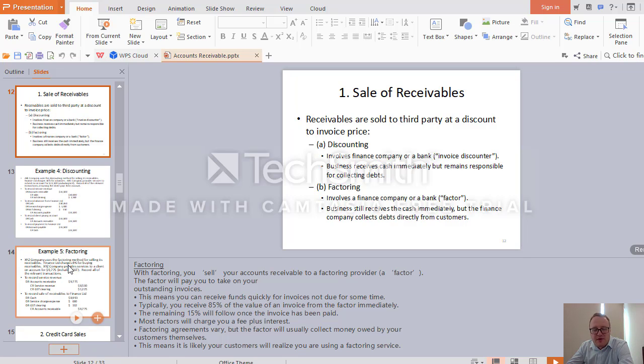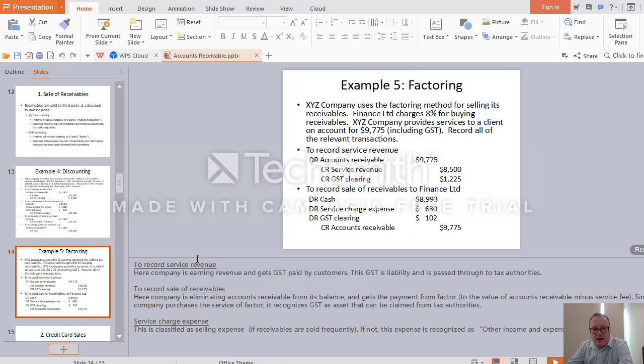Let's start with factoring. What are the journal entries here with factoring? The factor charges 8% for buying the receivables from you, for buying your debts. And the value of your receivables is 9,775, including GST. So as soon as you provide the service or sell the good, you recognize the revenue, so it would be credit service revenue, and since it is on account, it's not cash, but it's accounts receivable, so asset, debit accounts receivable. The actual value of service revenue is smaller than accounts receivable because there is GST. This GST is obtained by multiplying 9775 times 3/23, and service revenue is obtained by dividing 9775 by 1.15,